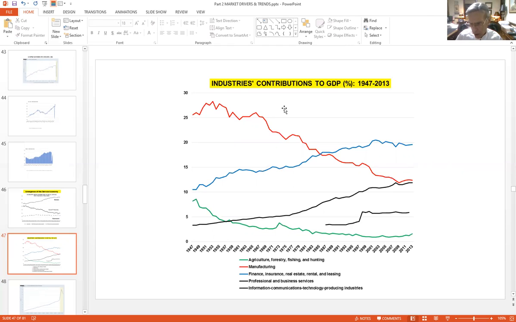The light blue line is really misleading, and that's agriculture. The reason I say it's misleading is because productivity of US agriculture has grown so rapidly. And when we look at agriculture worldwide, it's much more important. The short line on the right represents